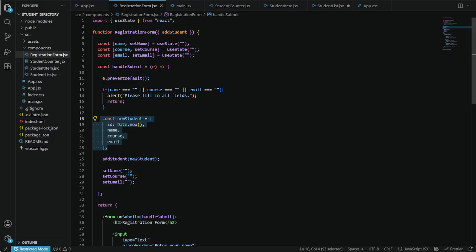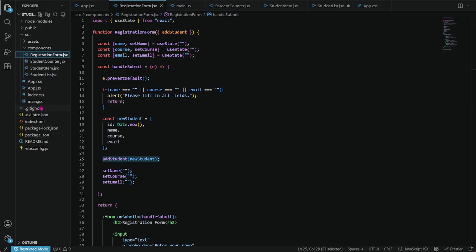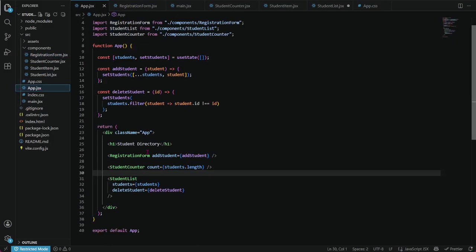And then the add student is to call the add student function from the app.js. Add student here.